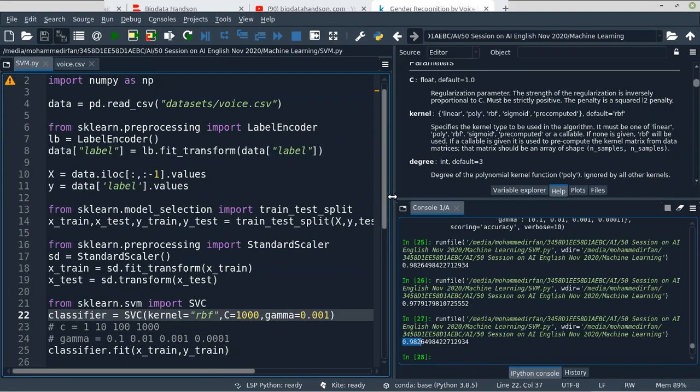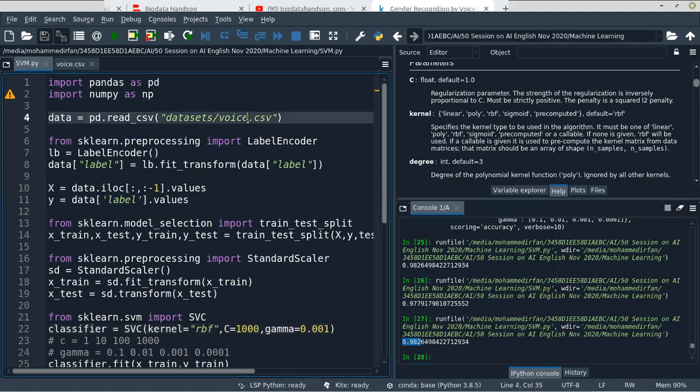Okay, let's try some regression algorithms using the SVR. Sorry, support vector regressor. Let's try that. I will take the Boston data set.